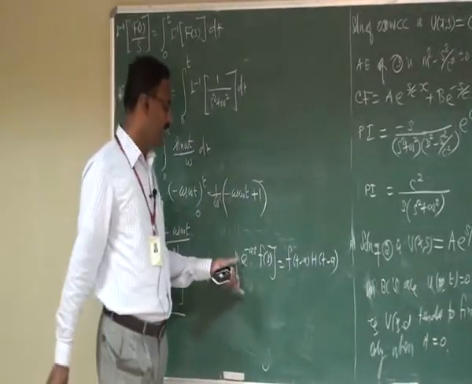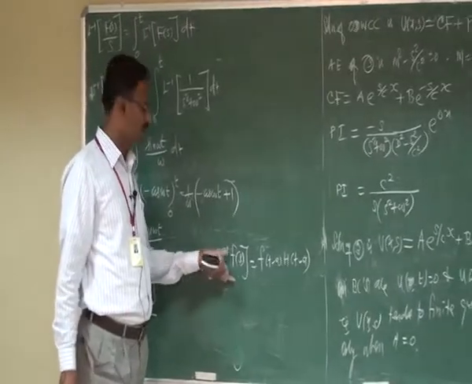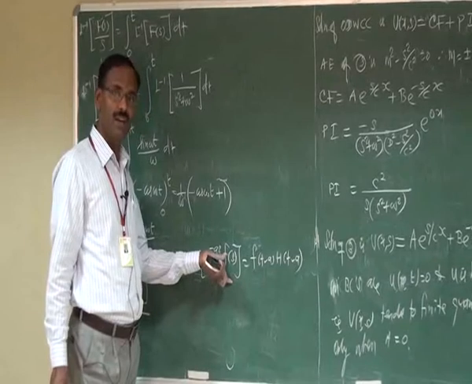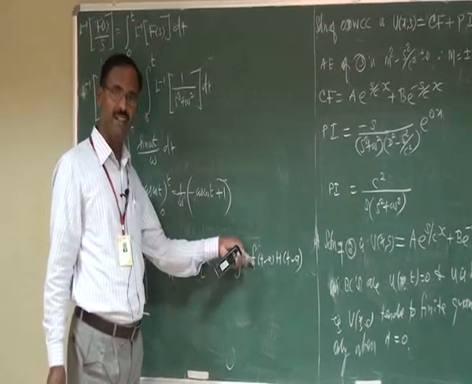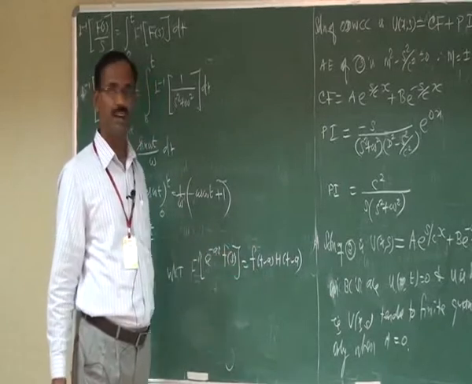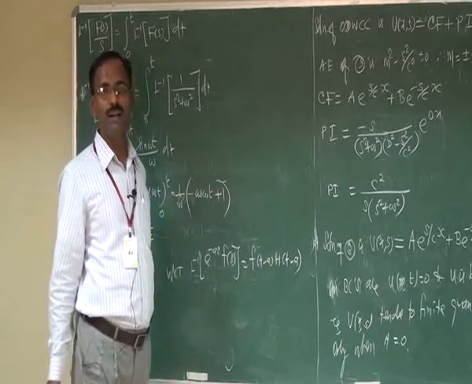That means whenever you come across a function of this nature, find the inverse Laplace transform of f of s, whose result is f of t. In that f of t, replace t by t minus a,